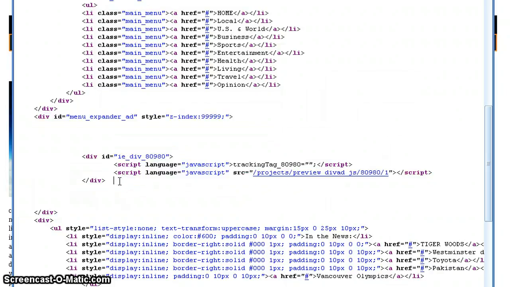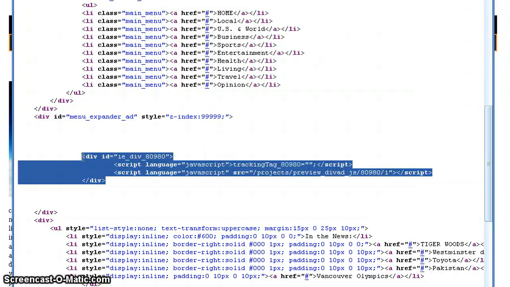And the reason for that is in order to get the proper behaviors, especially for expanders that push, it's really important to know the right place in the HTML page where to put this. Now, because this ad is floating and not pushing, it's not as important,